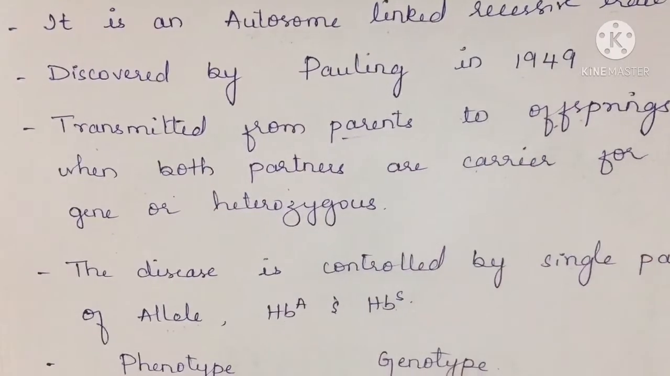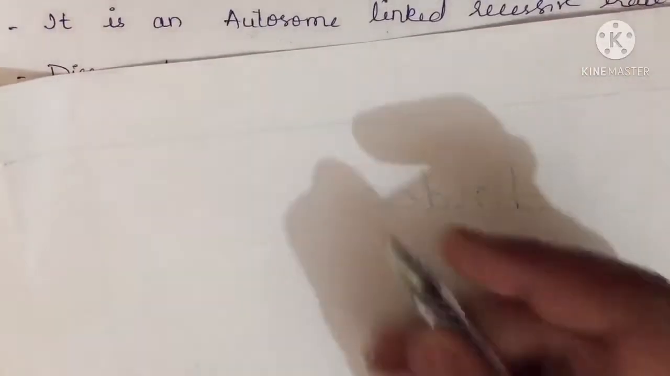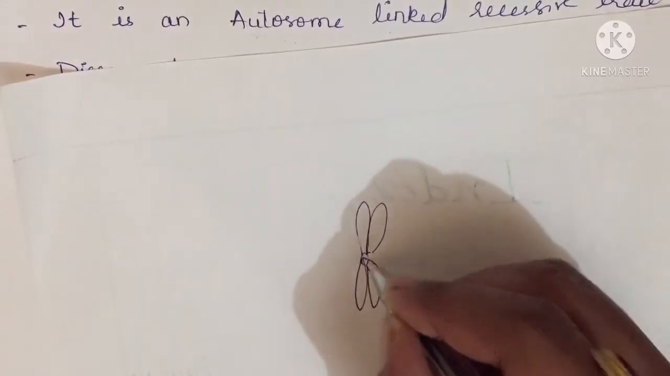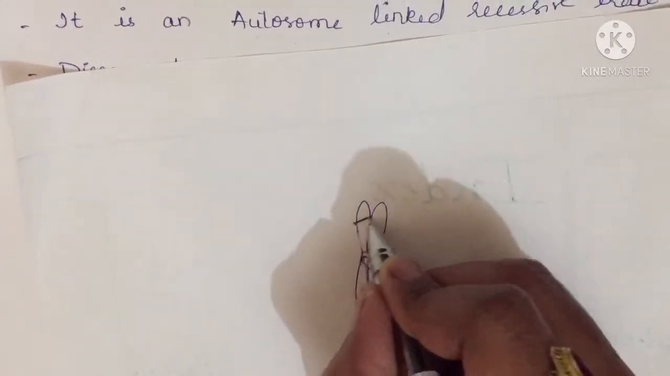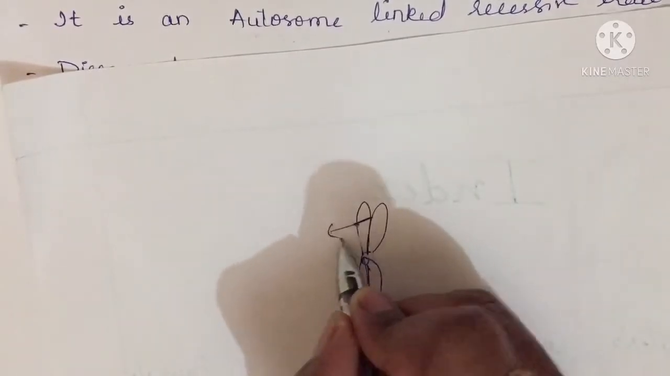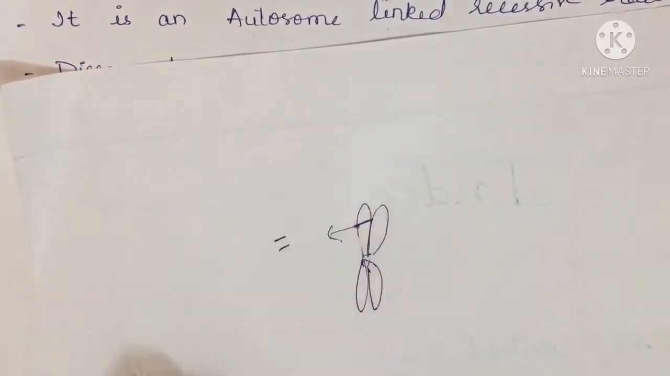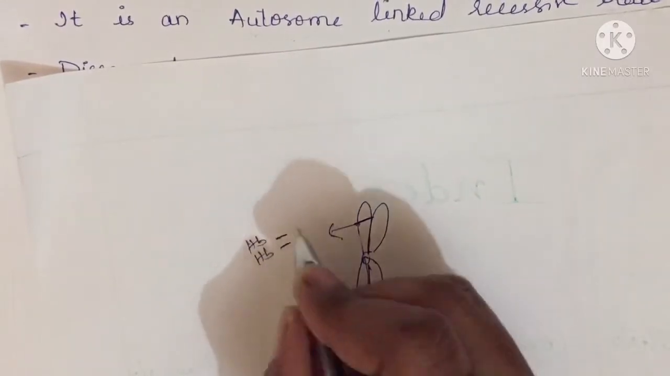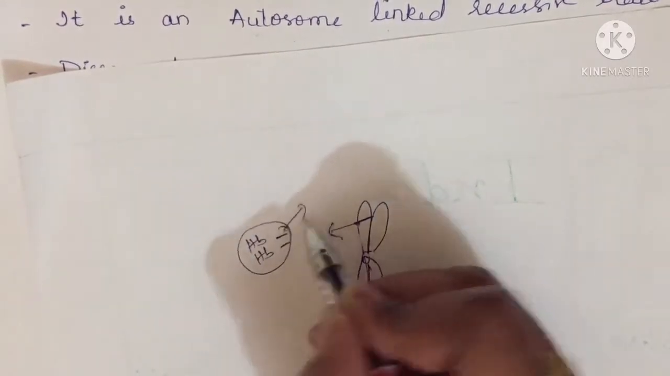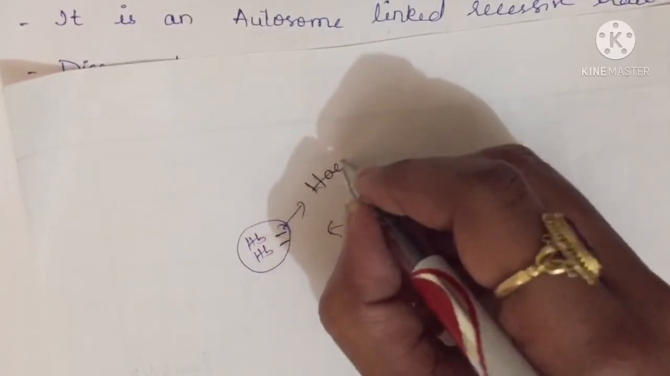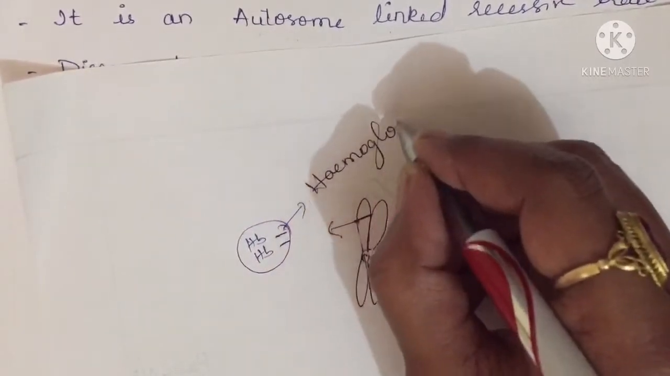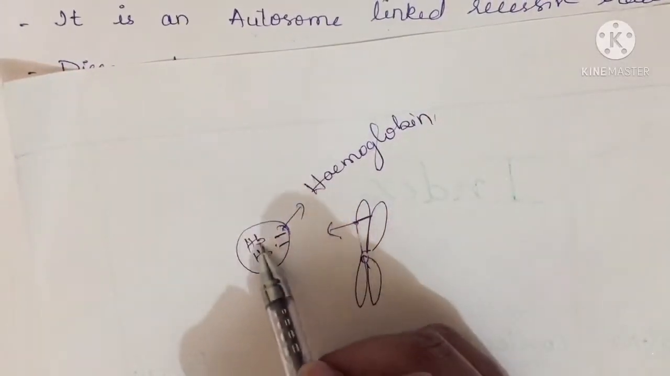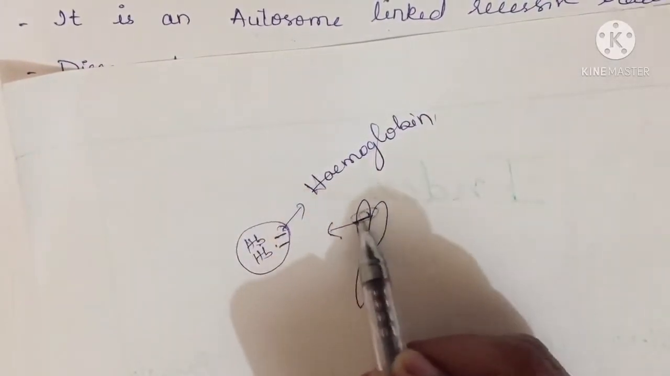Fine. So if you talk about this, this is one of the chromosomes. This chromosome consists of one gene. That gene consists of a pair of alleles. Now this gene is responsible for the production of hemoglobin in the human body. Whoever's body it is, this gene and its alleles are present and used